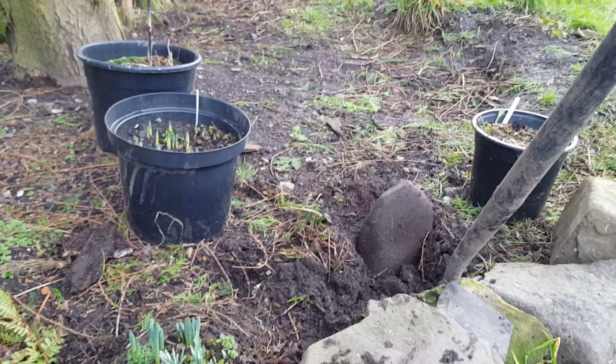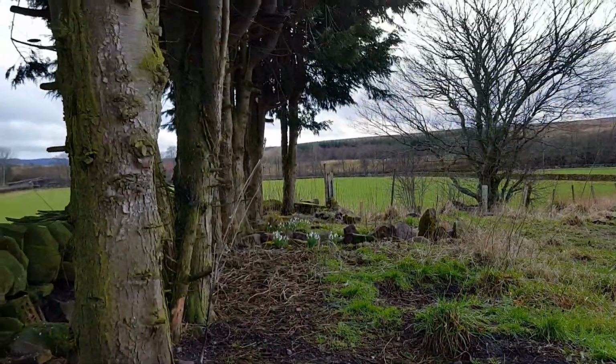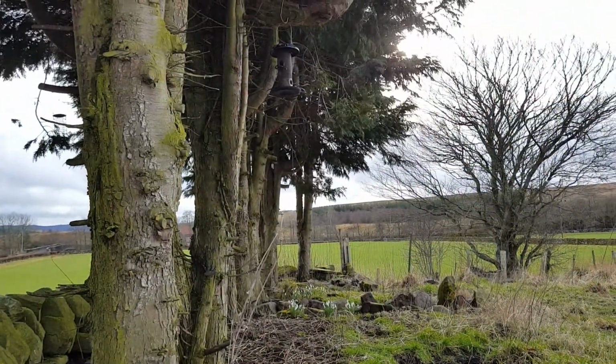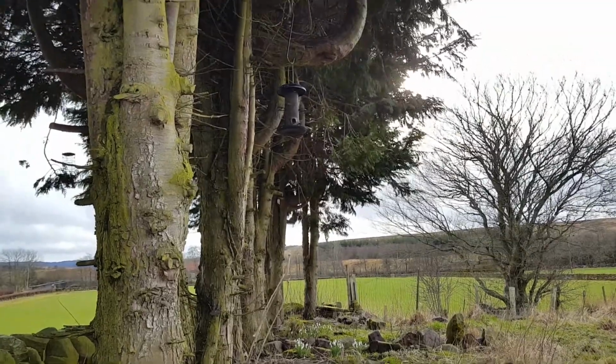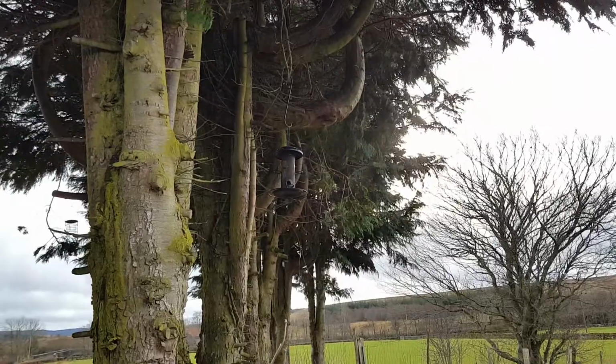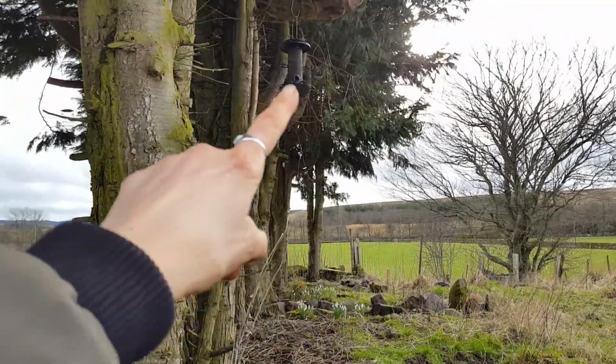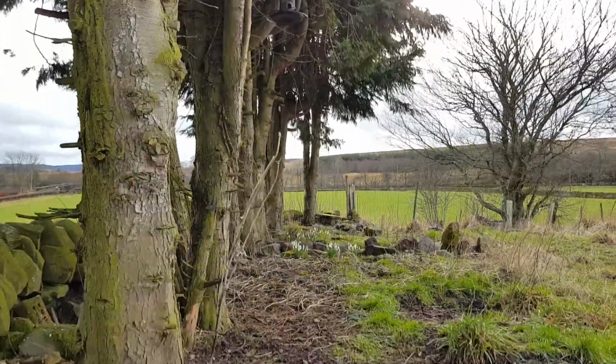February 15th. I'm under the bird feeder and there's a robin up there. Oh, he just disappeared. It's windy. I hope it's not in the microphone. Oh, there's the bird feeder right there. Anyways, I'm just